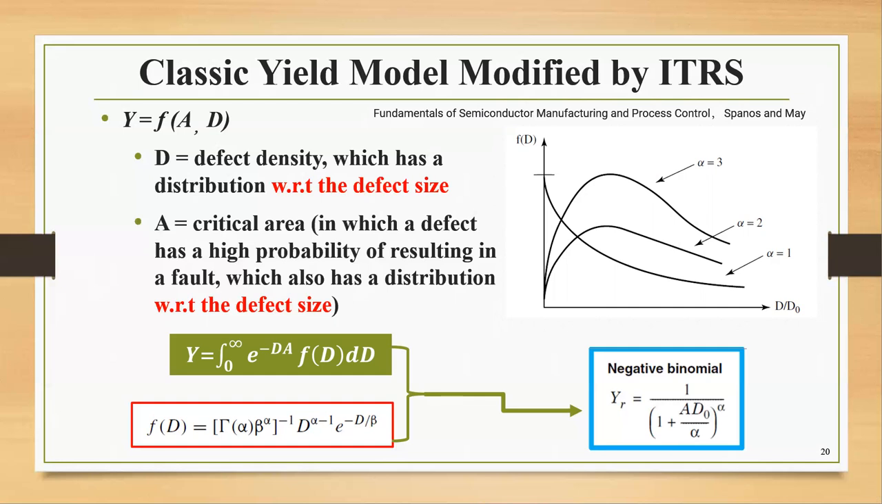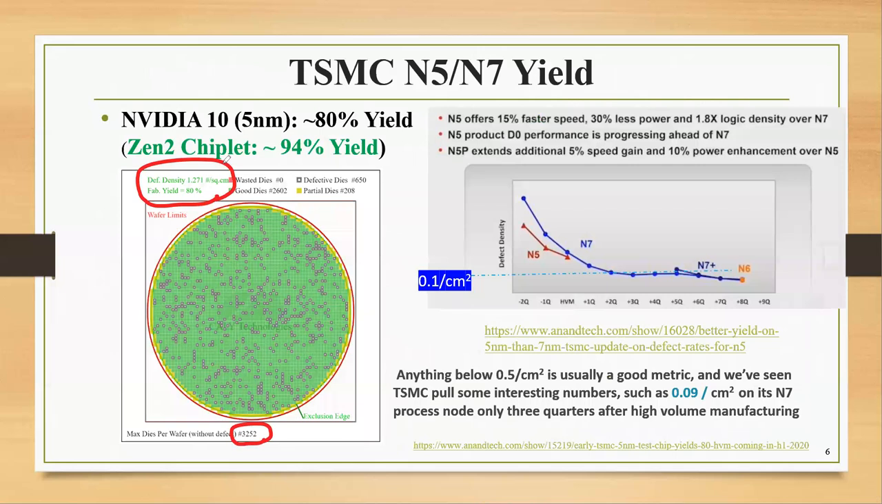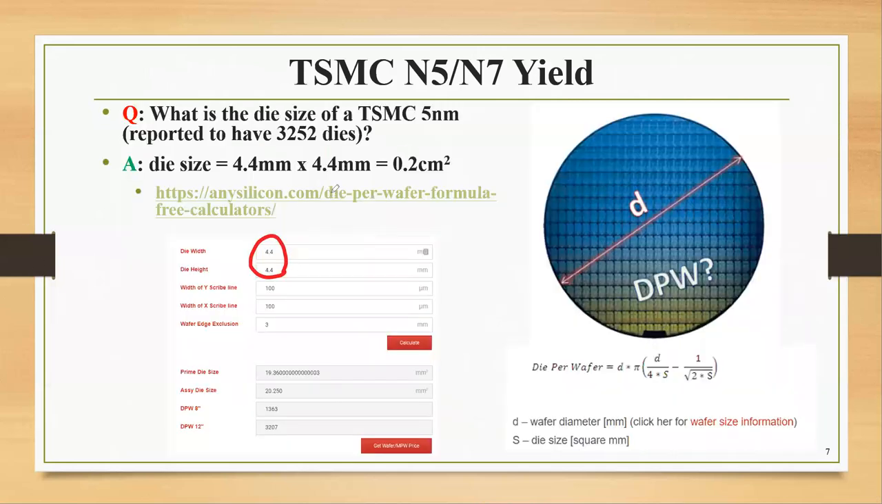So let's use that example and calculate the TSMC 5-nanometer yield. As we remember in the previous graph, TSMC here has 80% yield. And then I later calculated the die size using